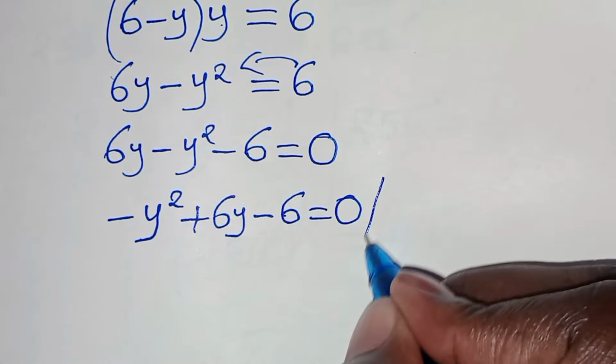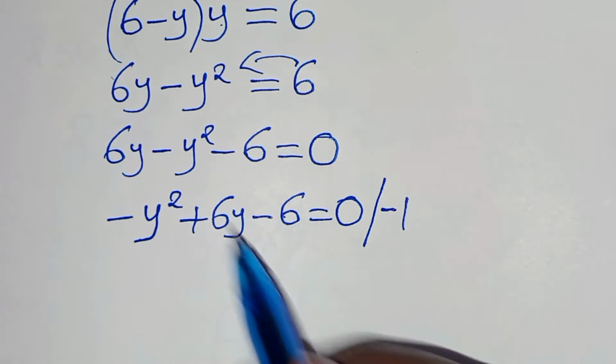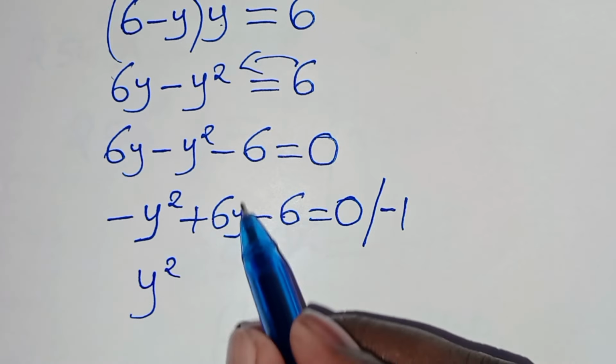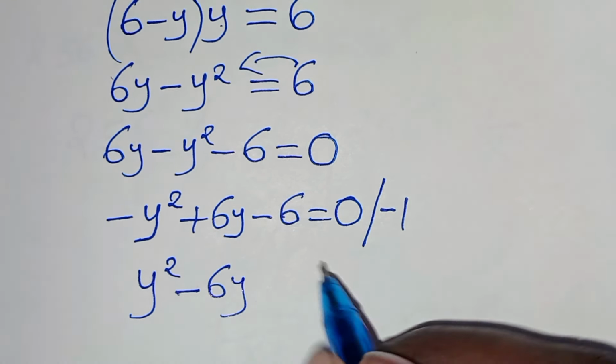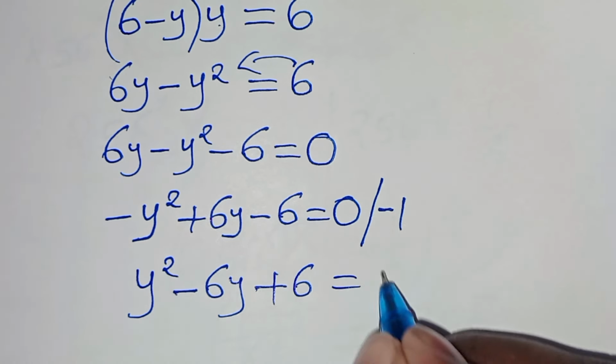So let's divide both sides by minus 1. So we have minus y squared divided by minus 1, this becomes y squared, then plus 6y divided by minus 1, this becomes minus 6y, then minus 6 divided by minus 1, this is plus 6,